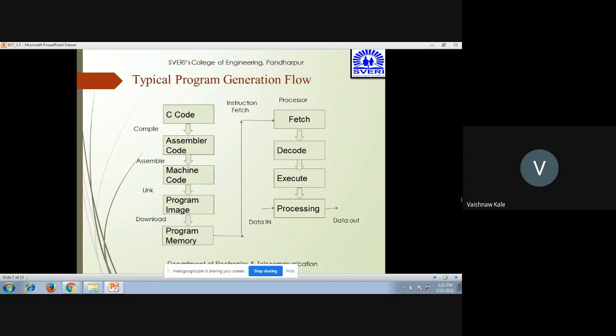This executable file is then downloaded into the program memory, and the instructions are fetched by the processor. Then they are decoded, executed, and processed, where data in and data out are considered. So this is the typical program generation flow that takes place.